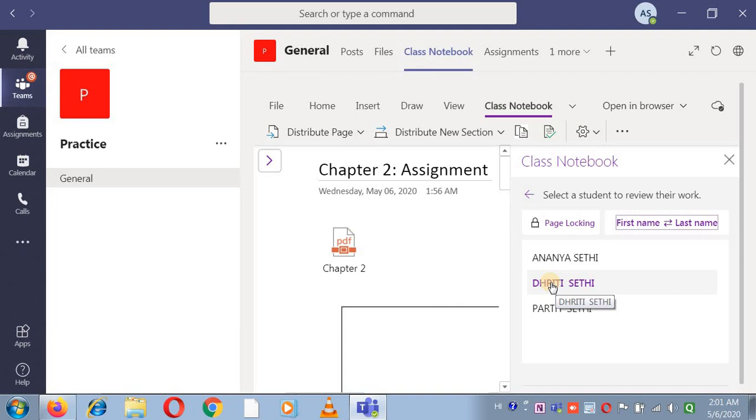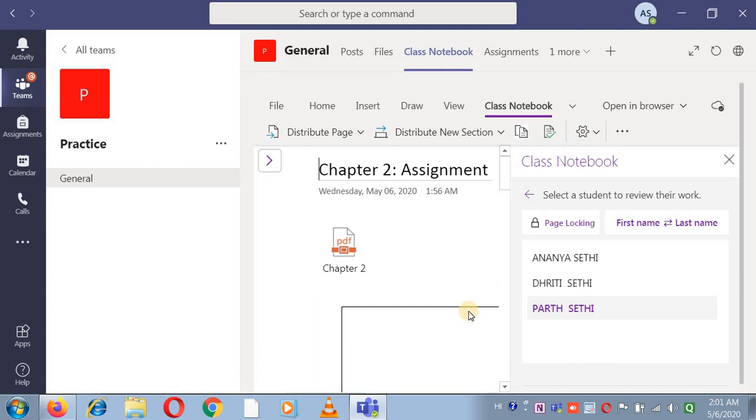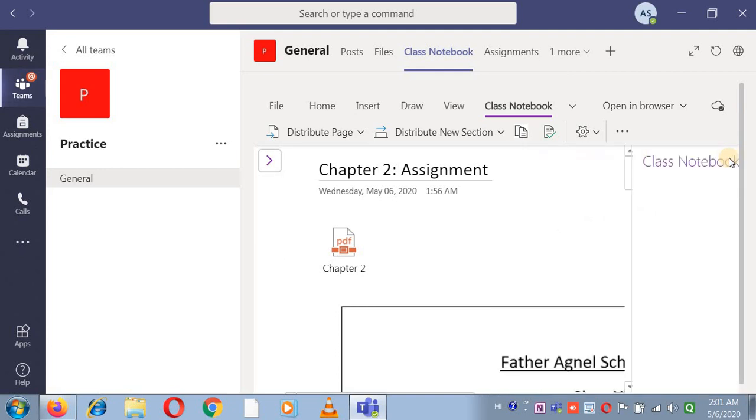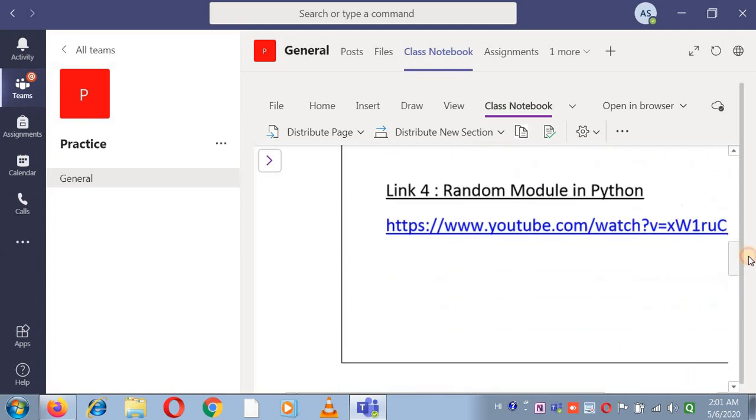Suppose you open this, you want to check the work of a student. So I'll click on the name of the student. That work will open here. I'll go here, close this. I'll check the work. And after checking the work, if you want to give some remarks, you can.